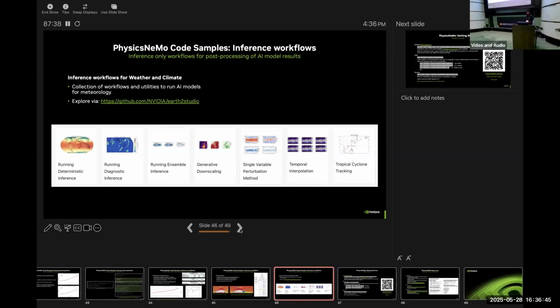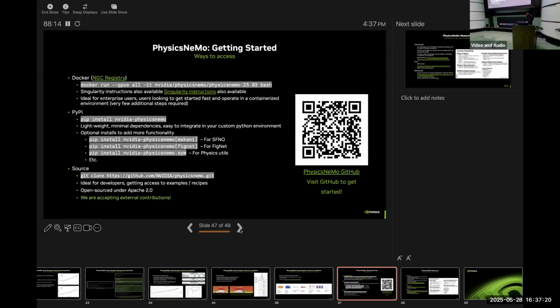On the Earth-2 side and the weather and climate side of things, we have this package called Earth-2 Studio, which you can use to play around with these models, right? You can take some of these trained models. We do ship these trained models through a variety of different mechanisms. I would encourage you to check out this repo, and then basically you can play around with them, right? Like forecast weather 10 days in the future, and this repository allows you to do that.